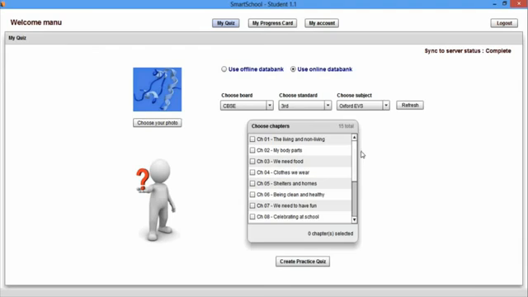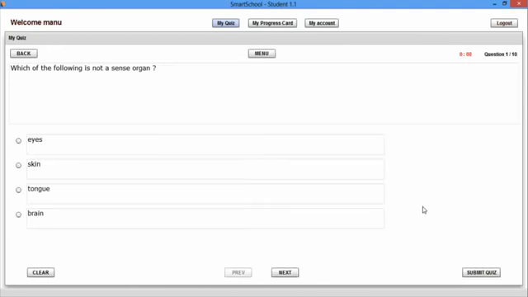You can select a chapter from the Choose Chapters drop-down list by clicking the checkbox. Here, you can choose multiple chapters from which you have to practice. After you have selected the chapters, you can click on Create Practice Quiz button. To create the quiz, it should be noted the quiz will be created from the chapters as chosen by you. After clicking on the Create Practice Quiz, a quiz window will open in which there are a number of multiple choice questions to practice. After attempting all the questions in Practice Quiz,